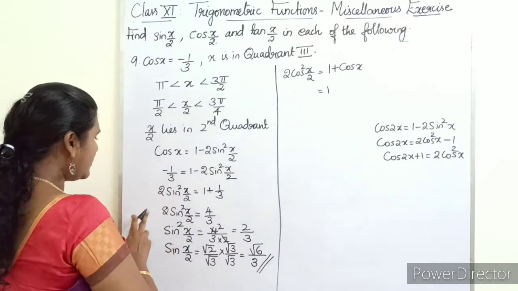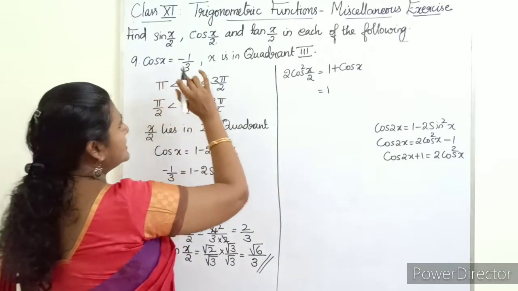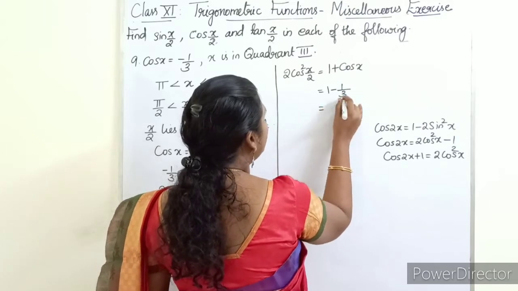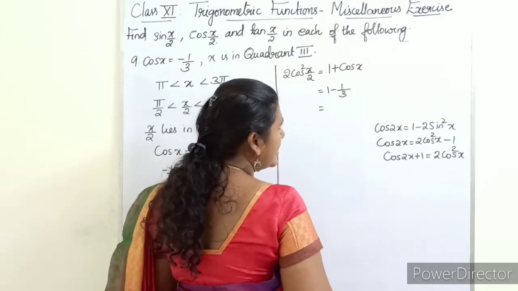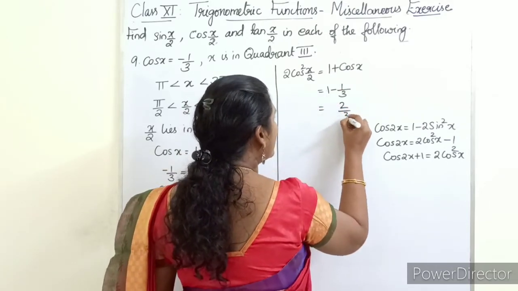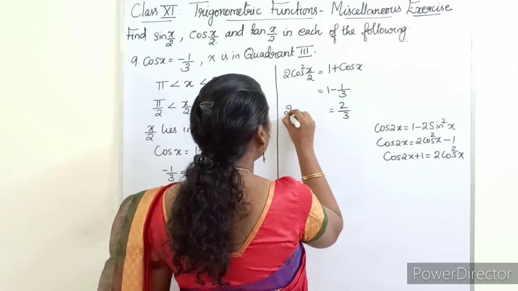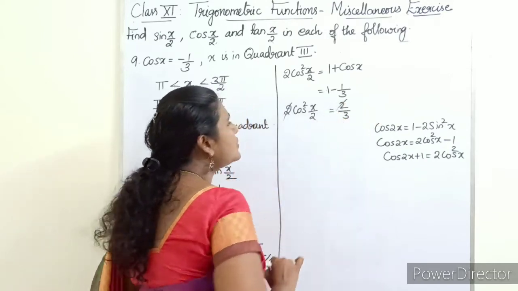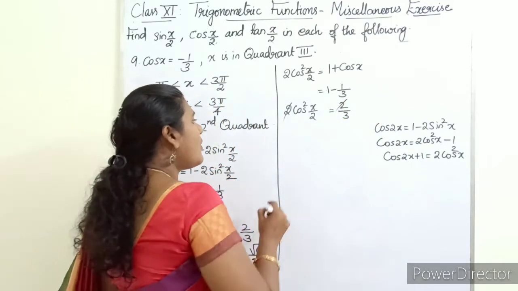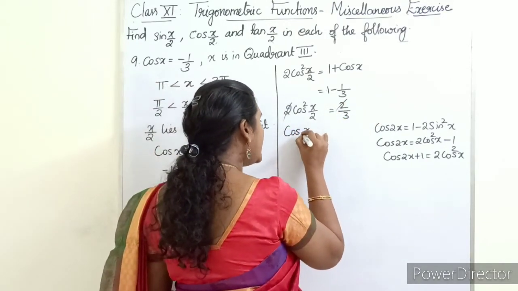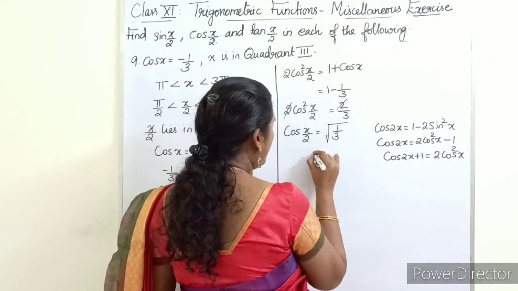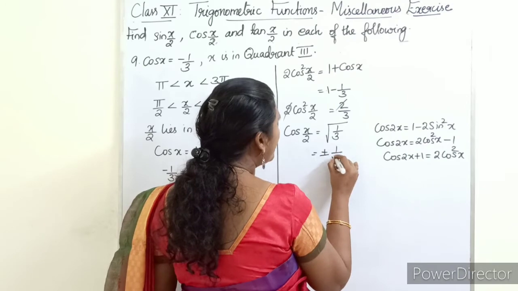What is the value of cos x? Minus 1 by 3. So 1 minus 1 by 3. So when you simplify, 3 minus 1 is 2 by 3. So 2 cos square x by 2 is equal to 2 by 3. So 2 will get cancelled. So what is the value of cos x by 2? Cos x by 2 is equal to root of 1 by 3, which is equal to plus or minus 1